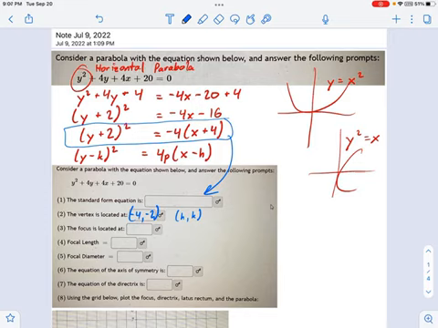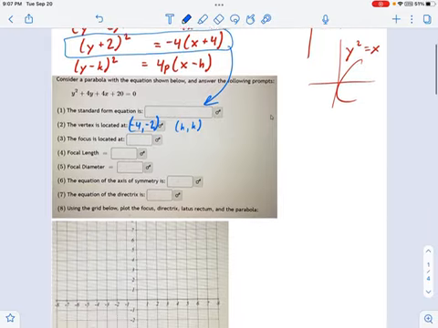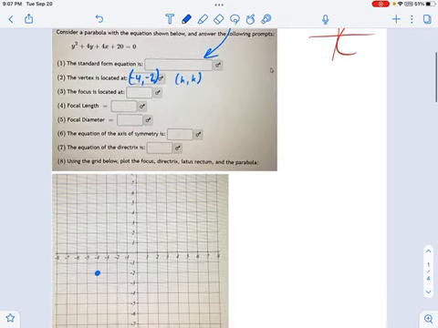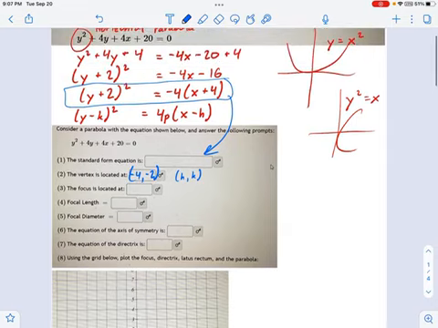And the next thing I want is my focus. And this is where things get a little more complicated than just reading the equation. The focus, if you remember what a parabola looks like, especially a horizontal one, let's draw my vertex on here. Vertex negative 4, negative 2. Okay, so that's like right here. There's the vertex. Well, which way is this thing opening? Is it opening to the left or is it opening to the right? I mixed up my lefts and rights, but you get the idea. I want to know which way it's facing. And the way you do that is by figuring out what p is. So we're going to skip down to this step right here.